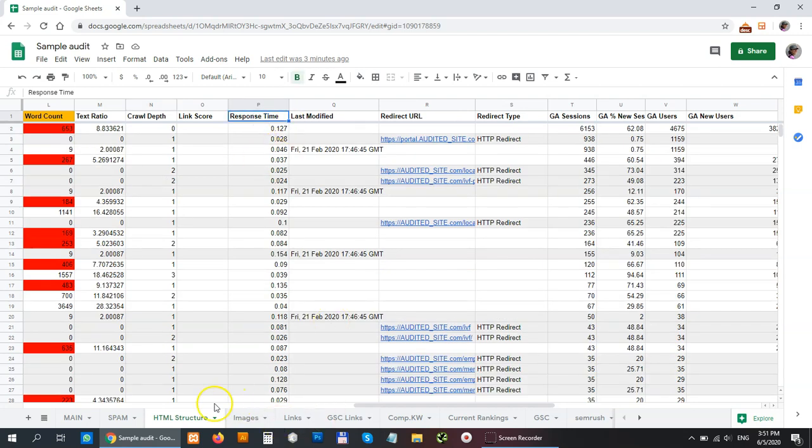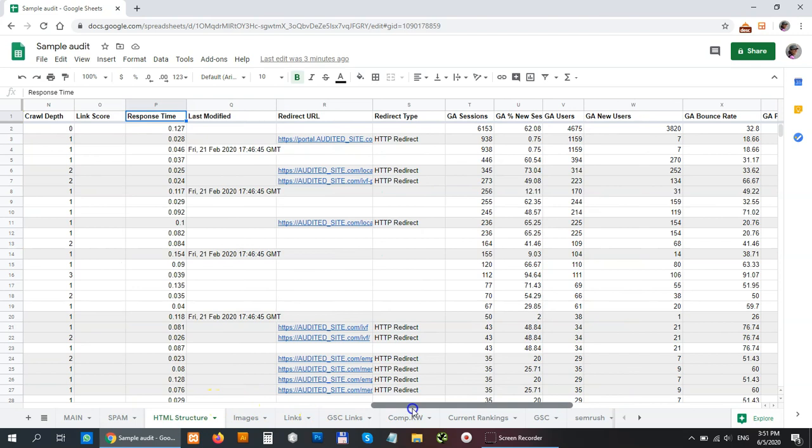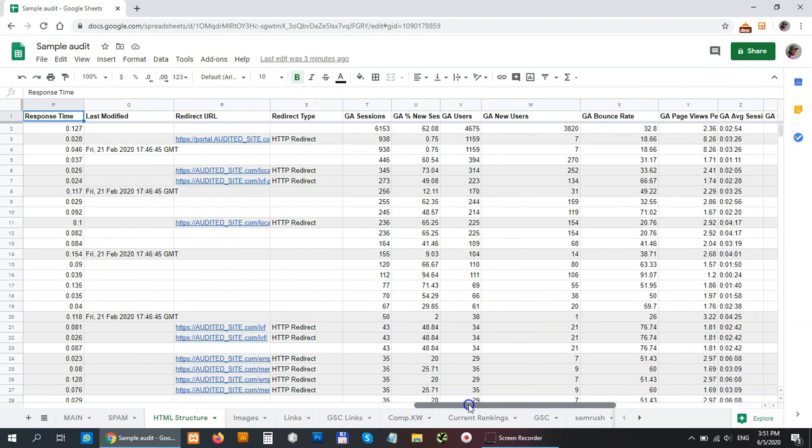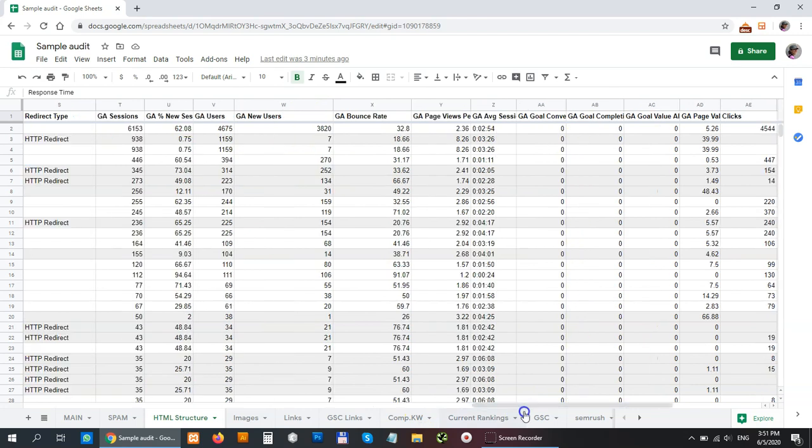Response time, fast loading page will always rank better. Last modified, if the redirects are okay. I ask for access to Google Analytics and the console because these, corroborated with my Screaming Frog, show me this beautiful table where I can see each of the pages, how many sessions does it have, the bounce rate,